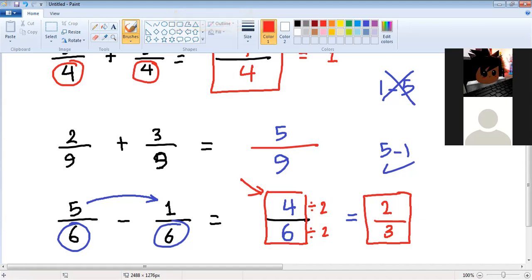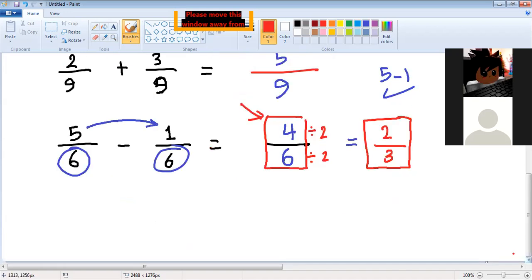Amjad? Teacher, how do I know whether to multiply or divide? When I ask you to find the simplest form, do division. Okay? If it's an even number, I divide both of them by 2. If it's odd,